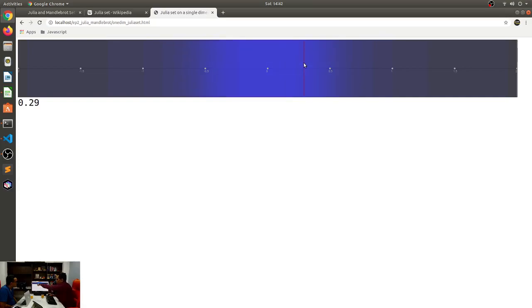So all of these values that you see over here, those blue things that you see, those are ranges of Z starting from -2 to 2 that will remain bounded if I apply the same formula n number of times. In this case, I'm running through 50 iterations. If I run it through 50 iterations, those blue areas are areas where the values will remain bounded. Okay, that's what you are seeing right now.